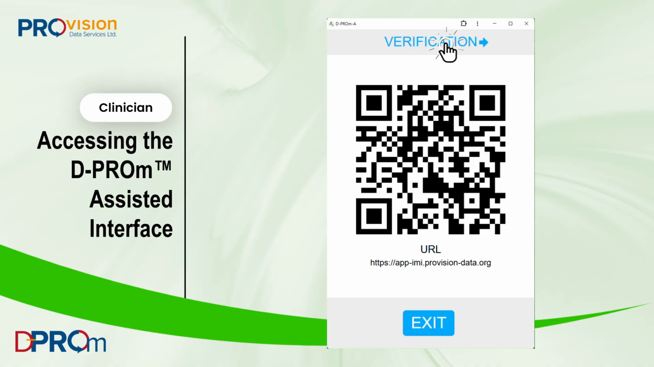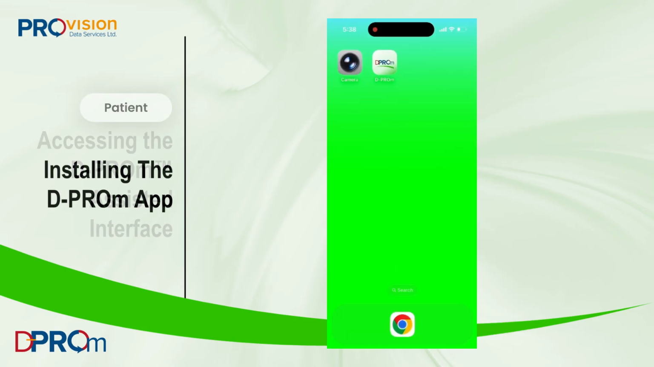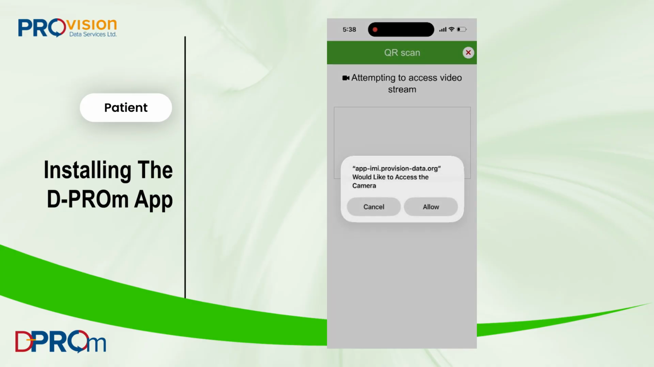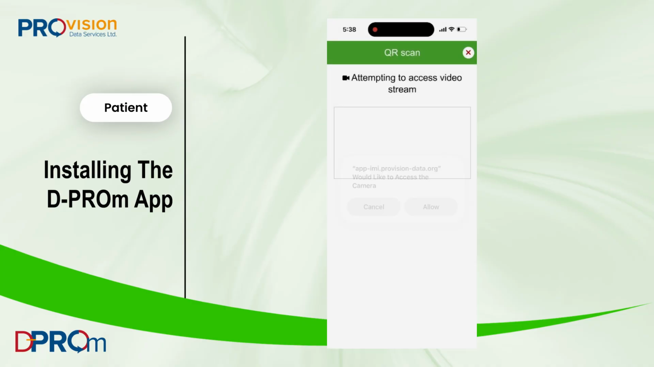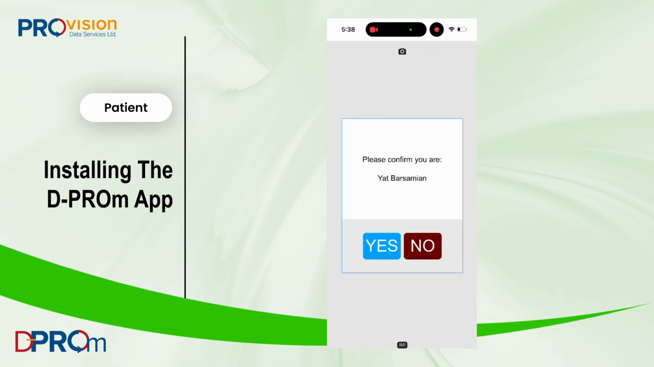The clinician should now select Verification on the D-PROm Assisted app screen and present the new QR code to you. With the clinician now sharing the verification QR code, look for the D-PROm icon on your home screen and press the camera icon at the top center of your screen. Follow the instructions and scan the QR code with your phone's camera and complete the configuration of the application by